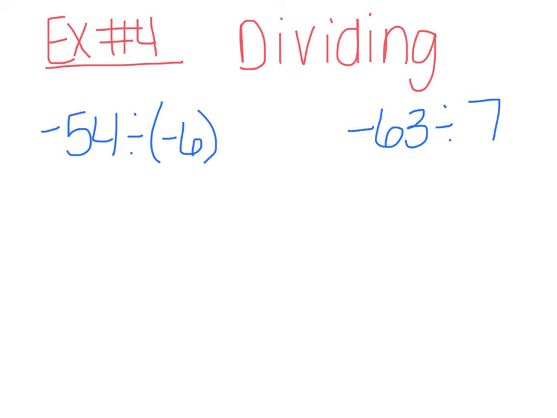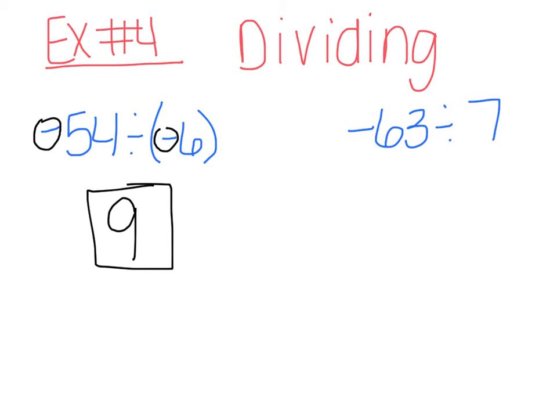And example 4, dividing, very similar to multiplication. You just divide like normal. So 54 divided by 6, we know is 9. I have 2 negatives, so they cancel each other out. So it stays positive 9. And our last one,